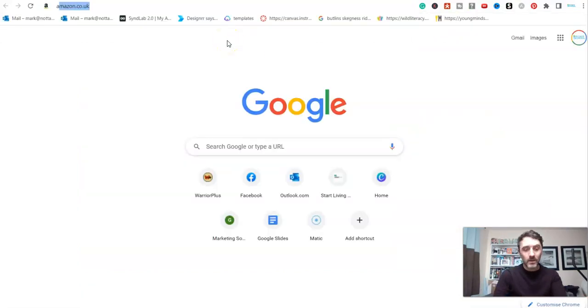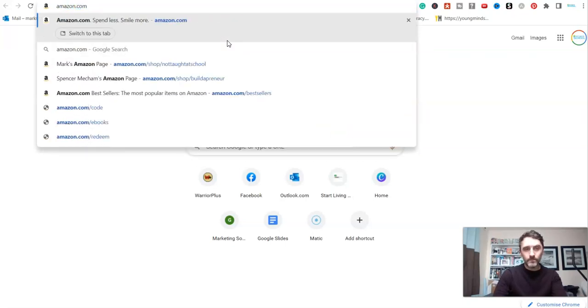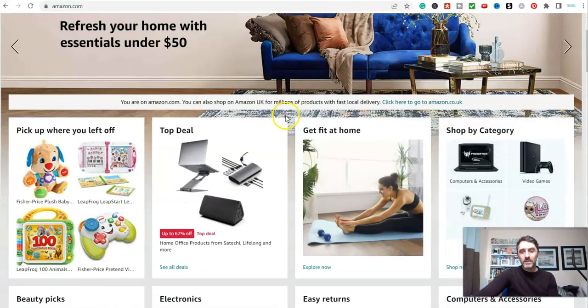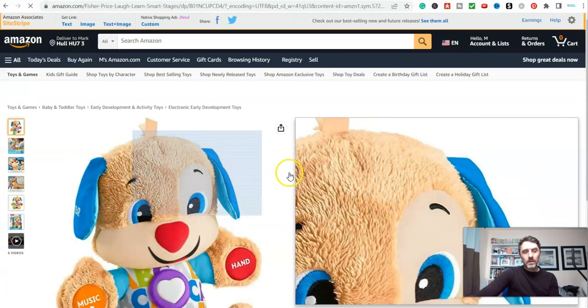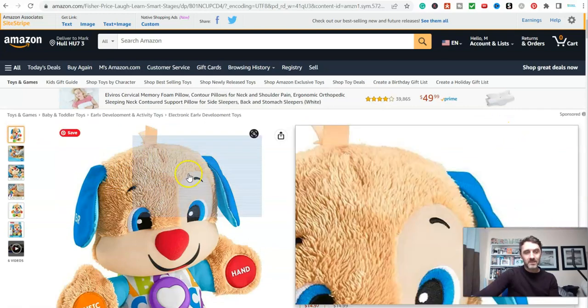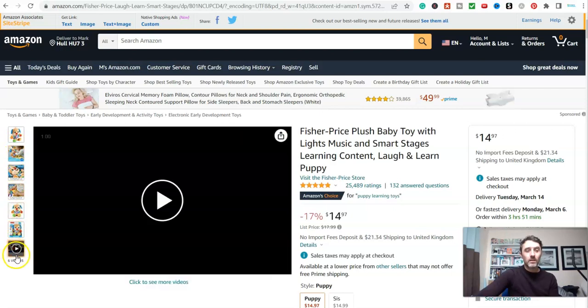I'm going to start with this website here, Amazon.com, not .co.uk. Then I'm going to go down and find a product, like this product here. You can see the name, price, etc. On the left-hand side we've got the usual stuff, the images. Then you'll notice here it says 6 videos. Traditionally you may have 1 or 2 videos from the creator of that product. But if I click on here really quickly,